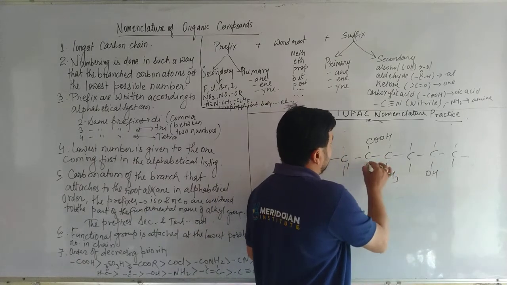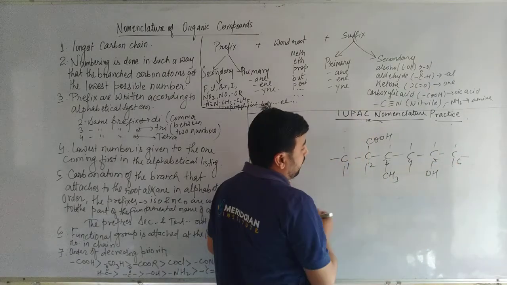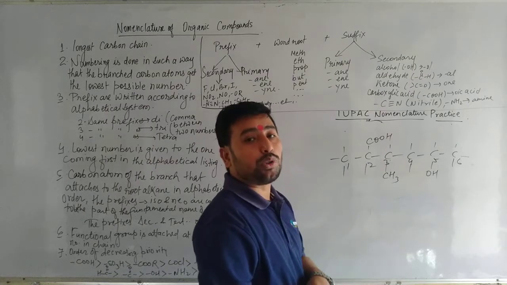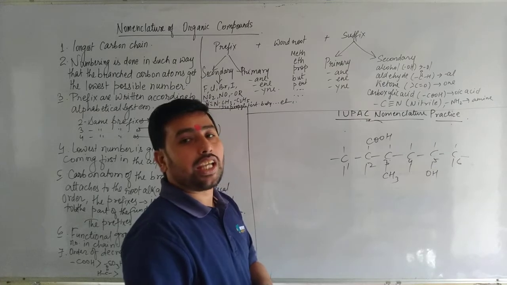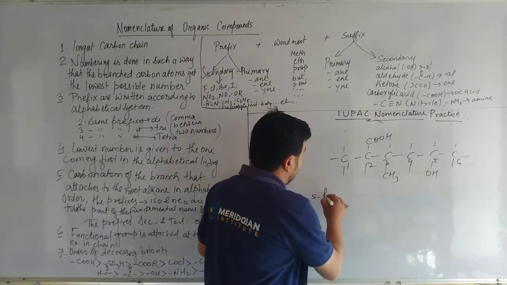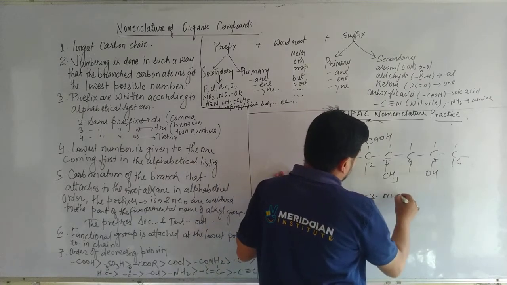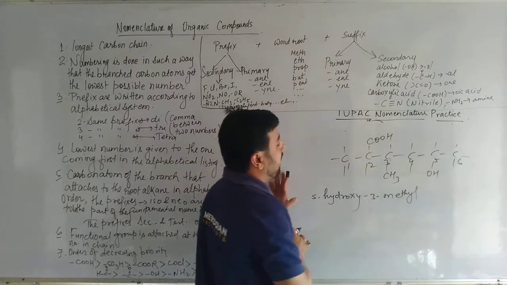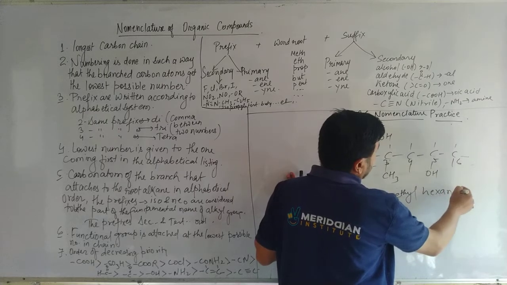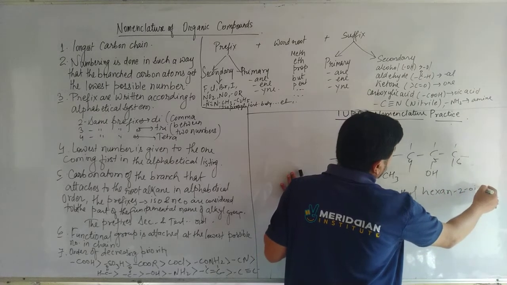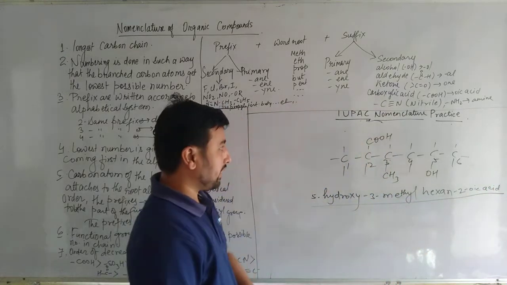So dear student, first position is of this. So we'll count from here 1, 2, 3, 4, 5, 6. So the name of this compound, on the third position methyl is there, and on the fifth position hydroxy is there. So first M come or H, GHIJKLM. So first we'll write 5-hydroxy. What will write? 5-hydroxy, 3-methyl. Total number of carbon atoms 6. So hexane. We'll remove E, hexane 2-oic acid. Oic acid is the suffix of carboxylic acid.